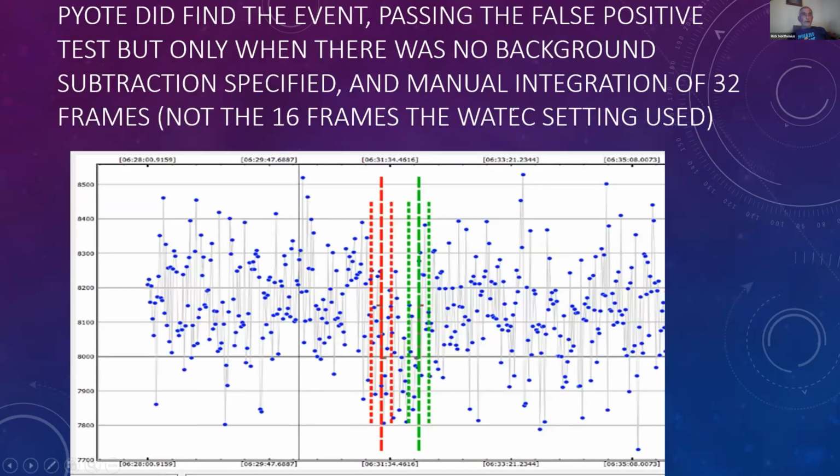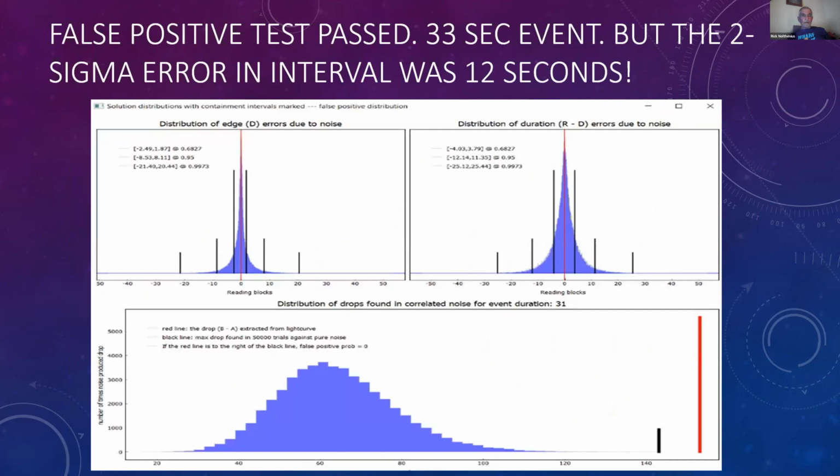And you can stand back and look at that and say, well, maybe, I think there's something there. And indeed, when I ran it through PyMovie and then Pyote, I did get an event and it did pass the 0 false positive. Not enormously, but frankly, I was amazed that it even did that because, again, this is an 8-inch telescope at 31 degrees altitude right above the moon, magnitude 15.3. I've never attempted anything like that.